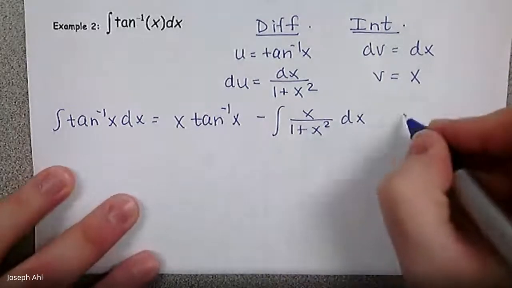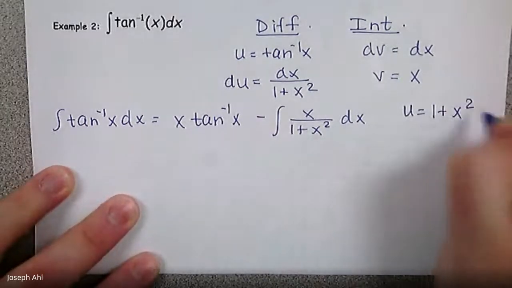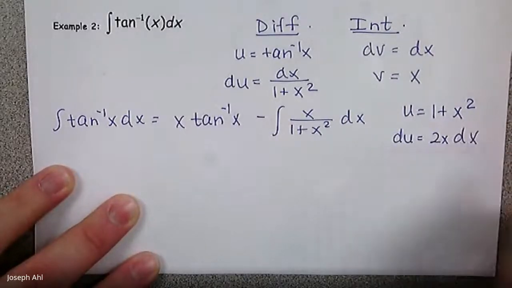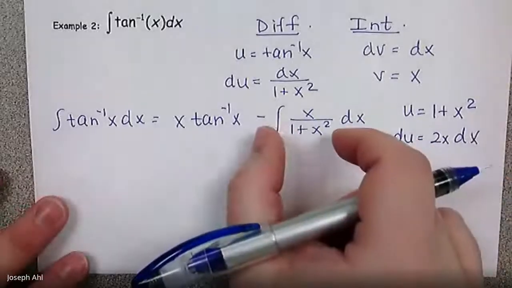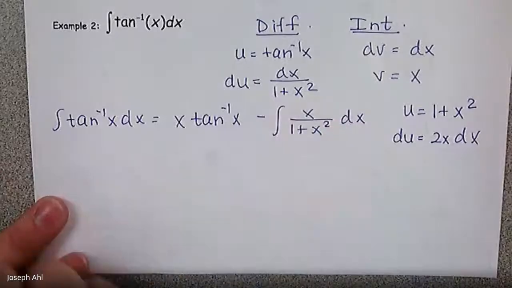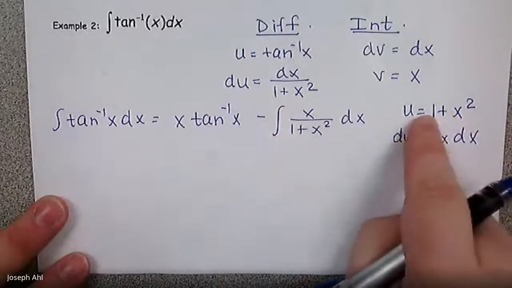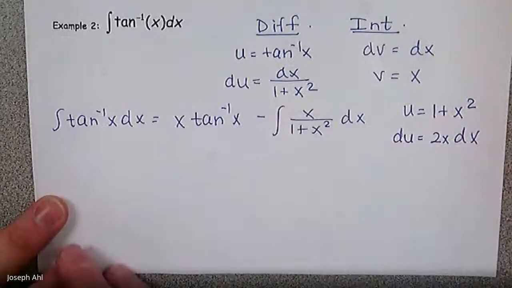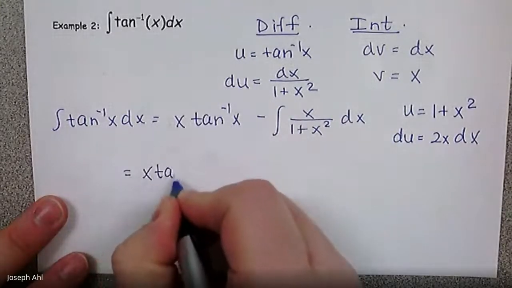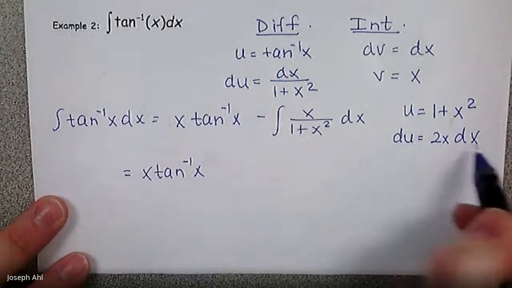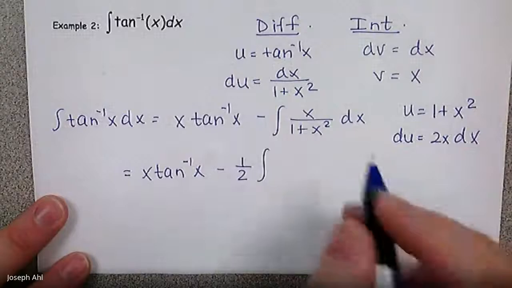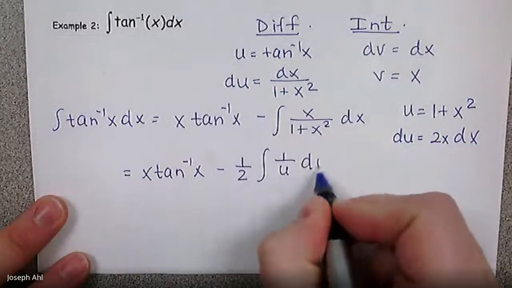If we let u equal the entire denominator, 1 plus x squared, then du winds up being 2x dx. So we can use a nice u substitution here because we have x to 1 less power up in the numerator. And I know that u is going to give me my du to be that 1 less power as well. So therefore, this turns into x tan inverse. And let's see, if I multiply both sides by a half, that's going to keep this balanced. So it's minus 1/2 the integral of 1 over u du,